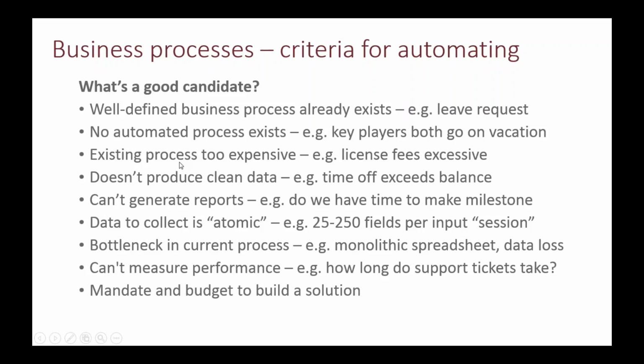And if you're trying to replace that, that's another good example. Obviously, you have a process that's not giving you good data, and so on. So we've got these reasons. You want to have atomic data that you're collecting, so like a document-centric process, because a lot of these processes need some kind of a sign-off and approval. If you're trying to generate reports but you don't have the data. So these are some criteria that I put together that are key for giving you the thumbs up, yes, this